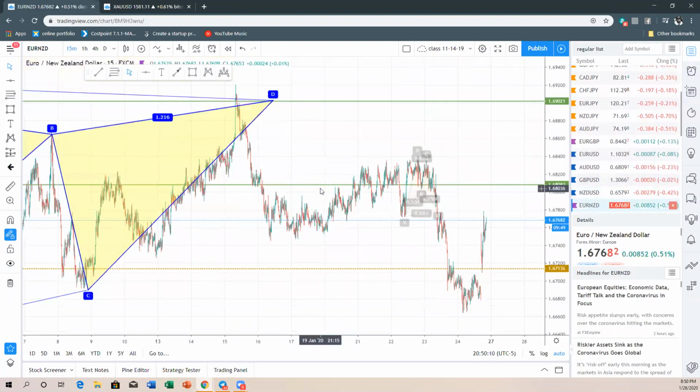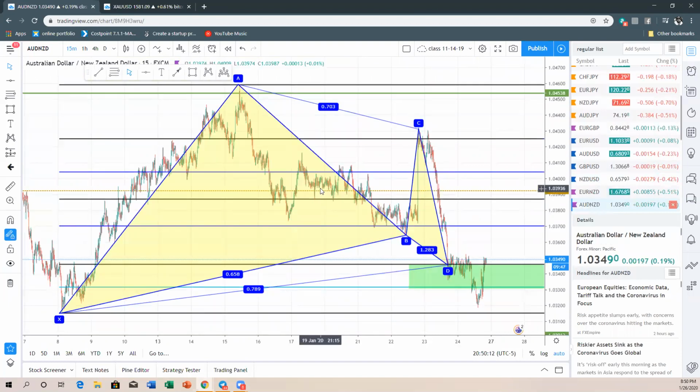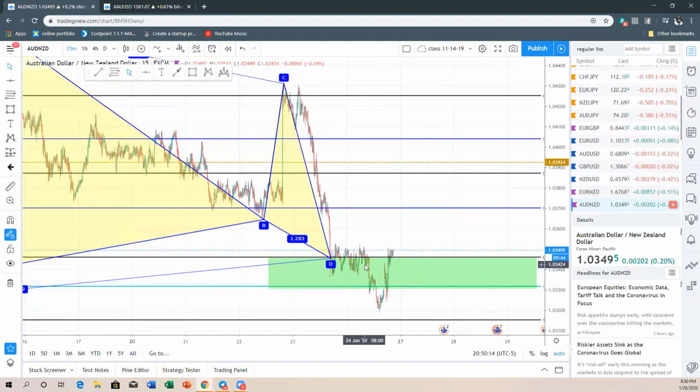Let me see what else we got. This is the one I was just showing you guys on AUD and NZD. And it's positive very little, like probably 1 pip right now. Let me see. Yep, three whole pips out here. And it was crazy back in the